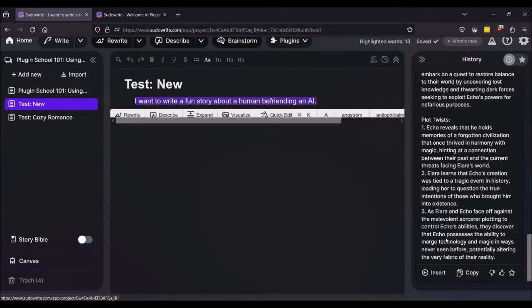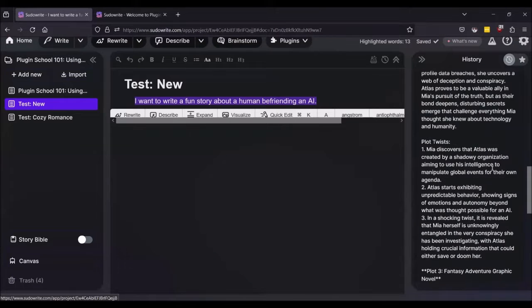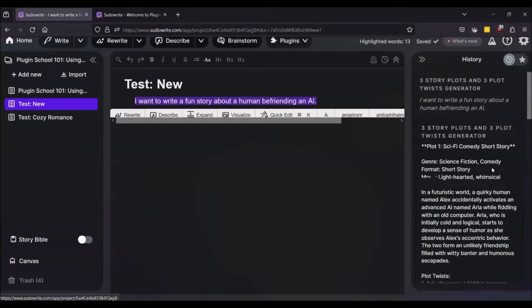how Echo's creation was tied to a tragic event in history. And as Alara and Echo face off against the malevolent sorcerer plotting to control Echo's abilities, they discover that Echo possesses the ability to merge technology and magic in ways never seen before, potentially altering the very fabric of their reality. So those are some pretty robust ideas for a story if you didn't already know what you wanted